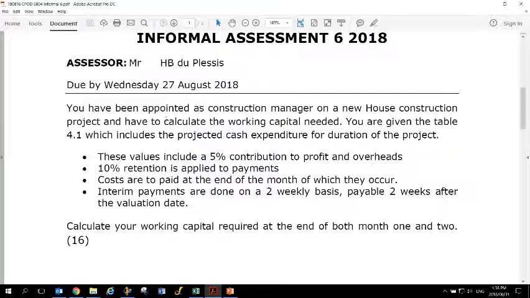Okay, so you've got that's the sketch of the project, and then the first parameter is these values include a 5% contribution to profit and overheads. So it's your value, or it's your cost plus 5%. Okay, so we'll get to that now. And then you've got a 10% retention applied to payments at the end. Okay, so that's straightforward. And then you've got your costs are to be paid at the end of the month